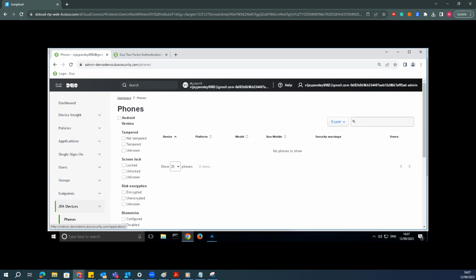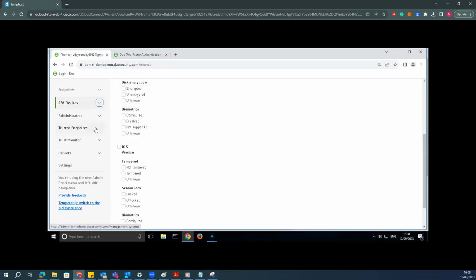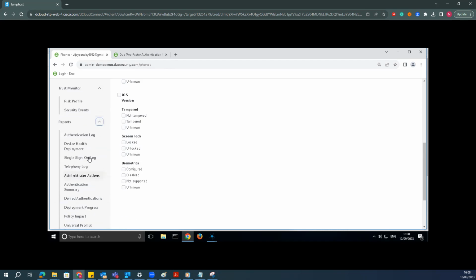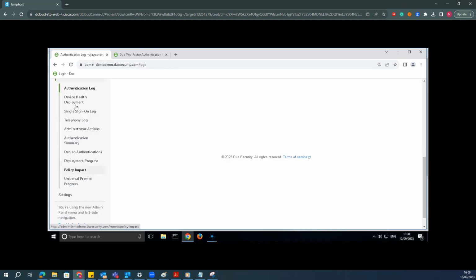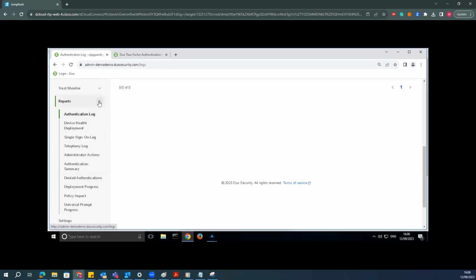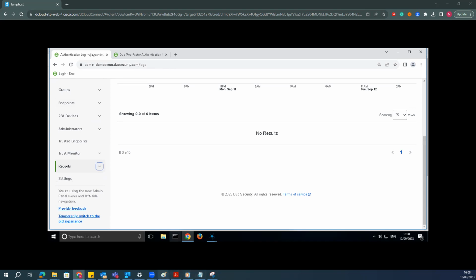So if I go to option number 2, here you can log in and go through one by one what exactly is trust security, what the reports are, all the authentication reports. Suppose someone is unable to authenticate, you can get all the logs related to the users, related to the device, all things from here. So the second topic is